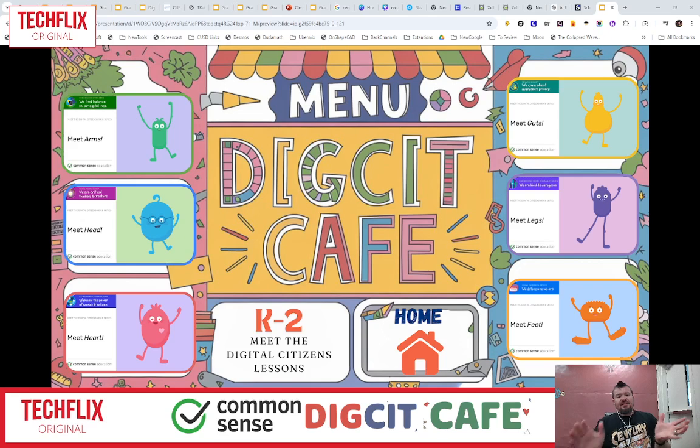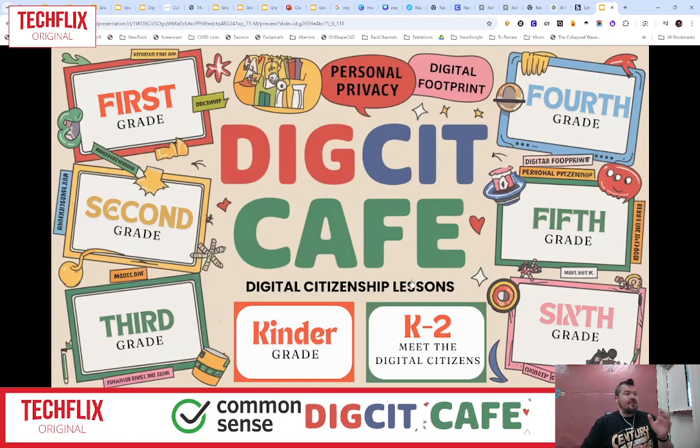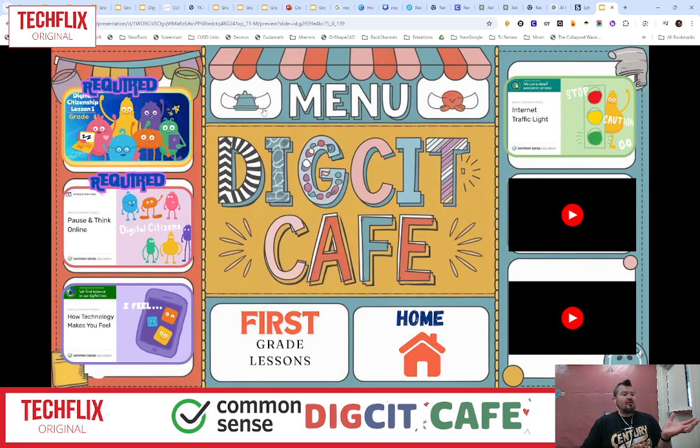So this right here is our digital citizenship menu, and this is our home screen right here. You can see we have first grade, second grade, third grade, kindergarten, Meet the Digital Citizens, which is meant for small, short lessons for kindergarten through second grade, fourth grade, fifth grade, and sixth grade right here. All you have to do is click on it, and it takes you to your very own menu for your